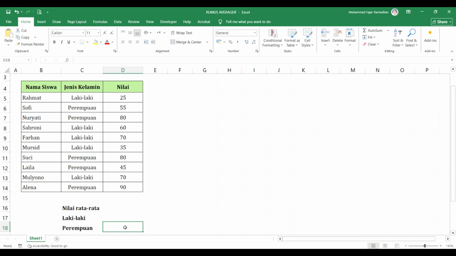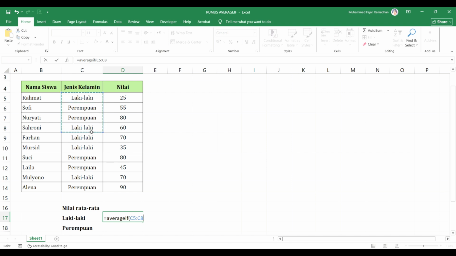The formula is very simple. The formula is equals AVERAGEIF, open parenthesis. Then you'll see a range, a criterion or criteria, and also an average range appear. We will discuss these one by one. So the formula to find the average value of the male students' scores is equals AVERAGEIF, open